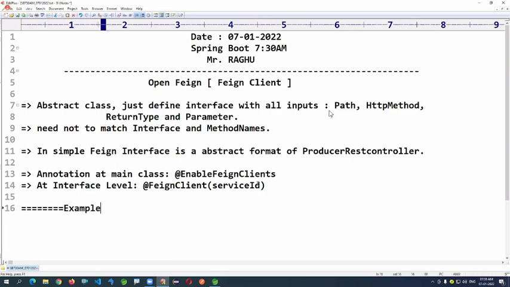I'll show examples using different HTTP methods.